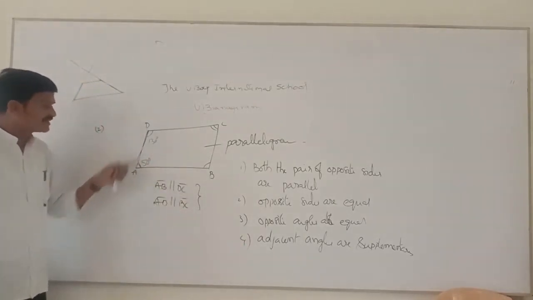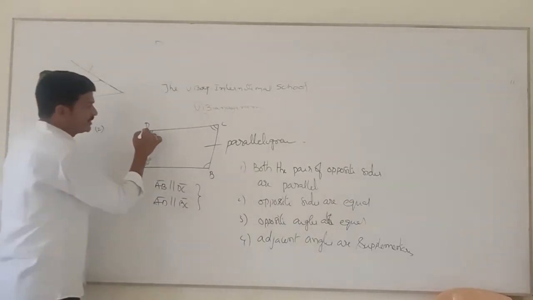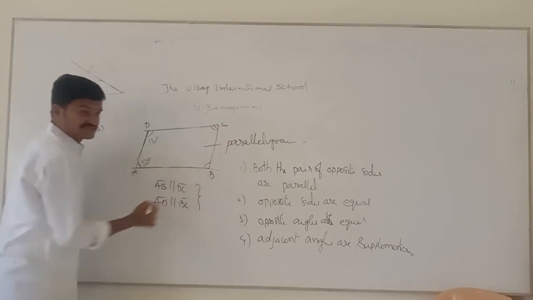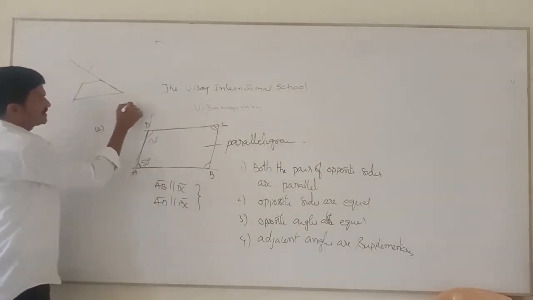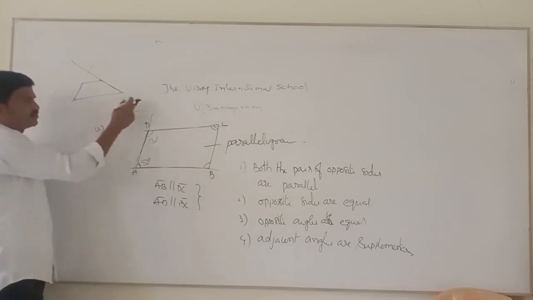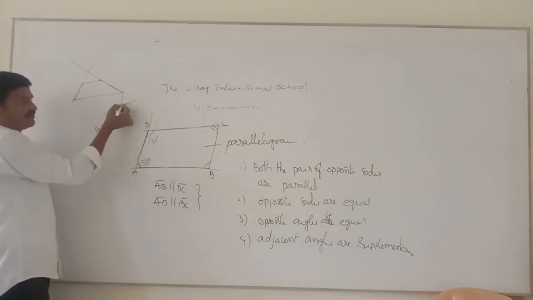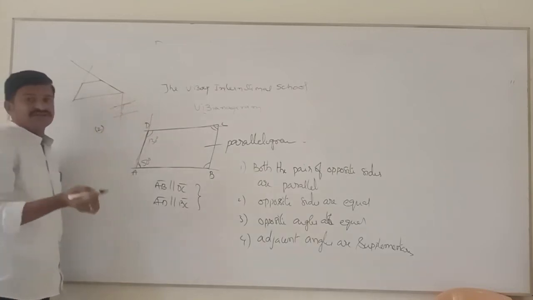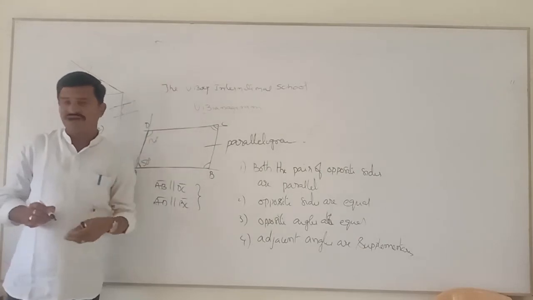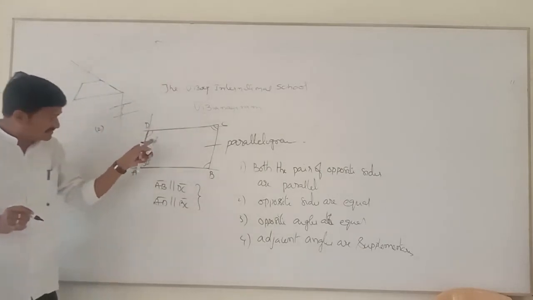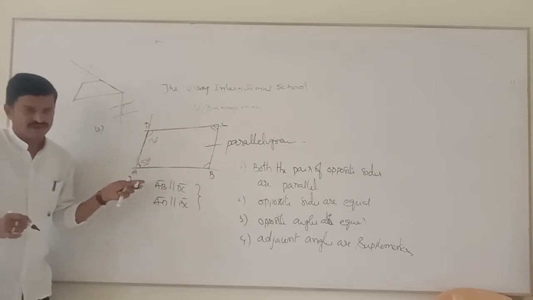Then how these are the supplementary, do you know? In our earlier classes we learned, if any two lines are intersected by a transversal, this is the transversal. In 6th class or somewhere we learned these two parallel lines. If the two parallel lines are intersected by transversal, sum of the interior angles on the same side of transversal is 180 degrees. It is a property we have learned in our earlier classes. Based on that, these two angles are adjacent angles. These two are supplementary. Are you clear?